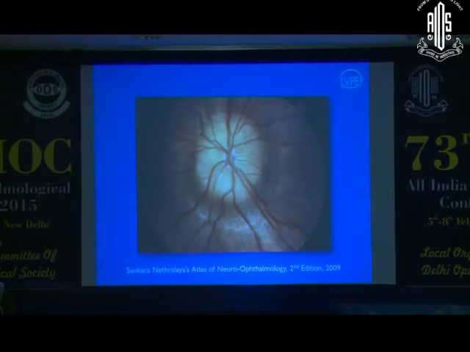Now in contrast to that, you see a grossly elevated optic disc here. This patient had similar picture in both the eyes. Disc is grossly elevated. So this patient was referred with a diagnosis of papilledema. But again, if we put the template, the disc margin is well defined. We can trace all the vessels, even the smaller vessels. This small vessel we can trace through the margin of the disc.